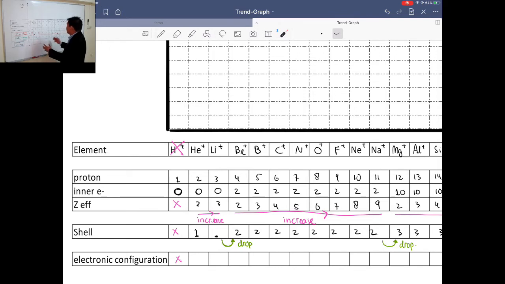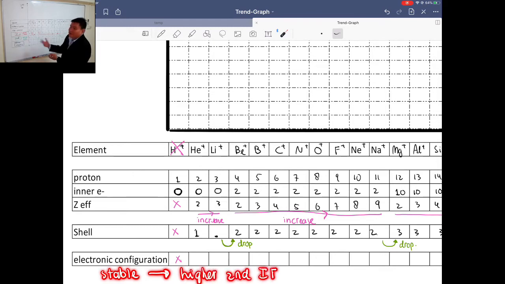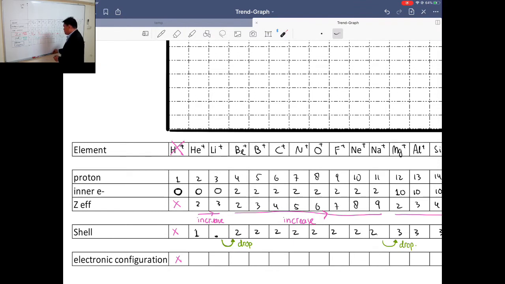Because some of these cations have a stable electronic configuration. So when it is stable, the second ionization energy tends to be high because it's difficult for you to remove an electron from a stable atom or a stable ion. We don't have space for all the electrons. We just fill in the last electron on each cation. So in the case of H+, you have down here 1s1,